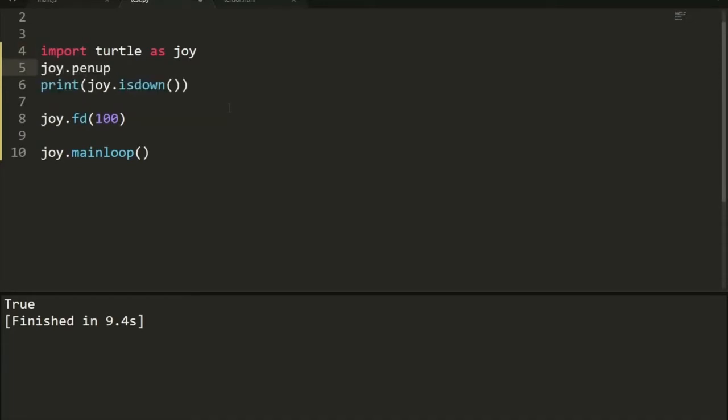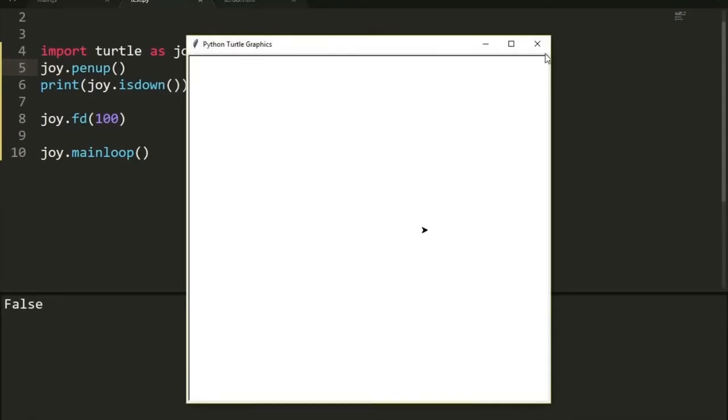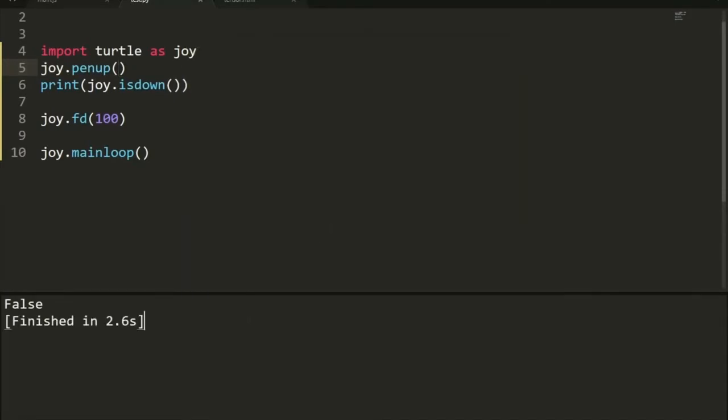That means if your line is drawing, then it will return me true, and if my line is not drawn, then it will return me false. So in this case it will return me false. So you can understand this. Joy. Okay,